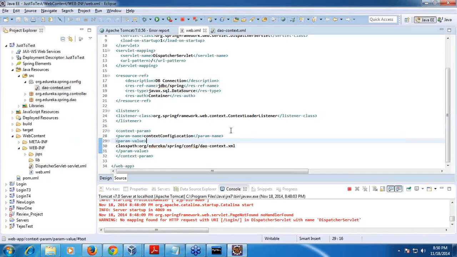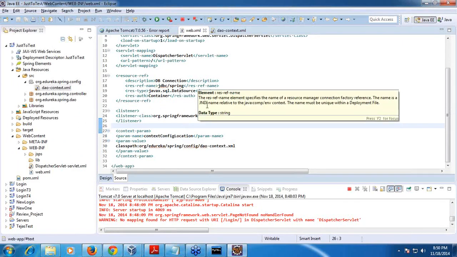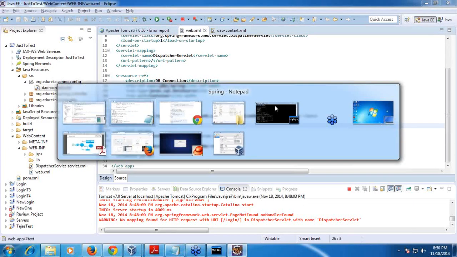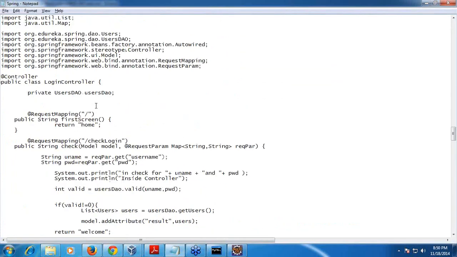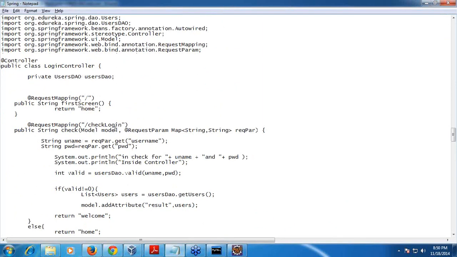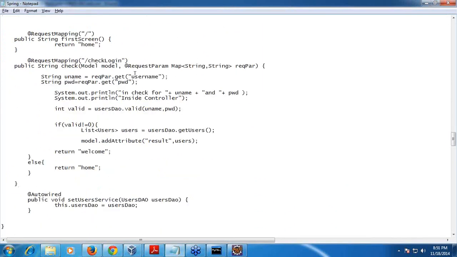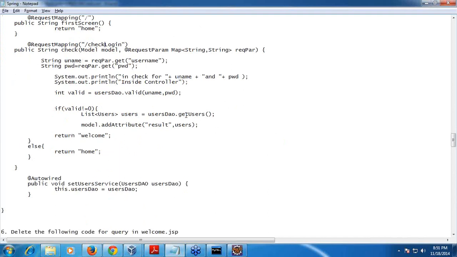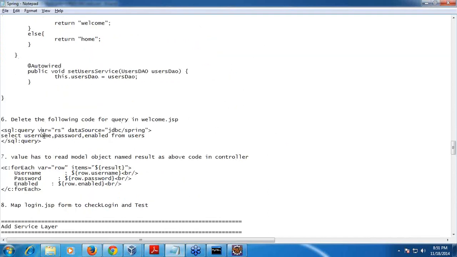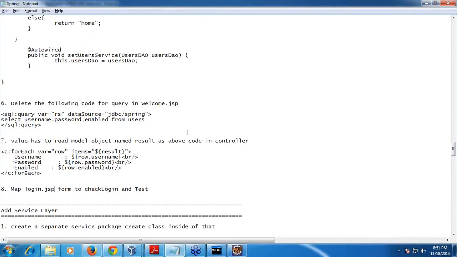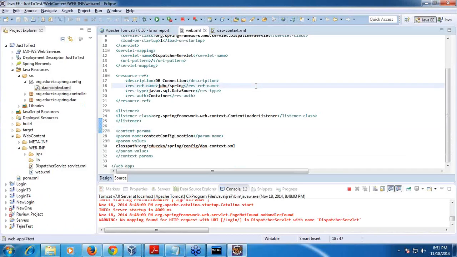Listener to this, right? Then I am changing this controller. Home, check login also I have given. Remove this, all the steps I have done.